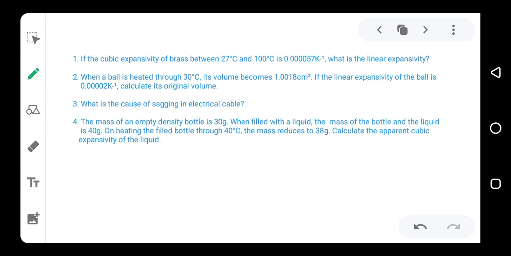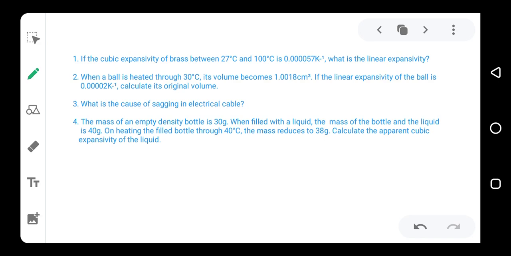This occurs if maybe you are given a given mass of a substance and you do something to take away some quantity from it, you know that the mass will reduce. So now creating a relationship between the original mass of it and the one that is now left is what we call apparent. Apparent means that something has been taken. You are now trying to establish a relationship, a relative, like in relative density, between the substance and the original one that we are given. So that is what we call apparent cubic expansivity.